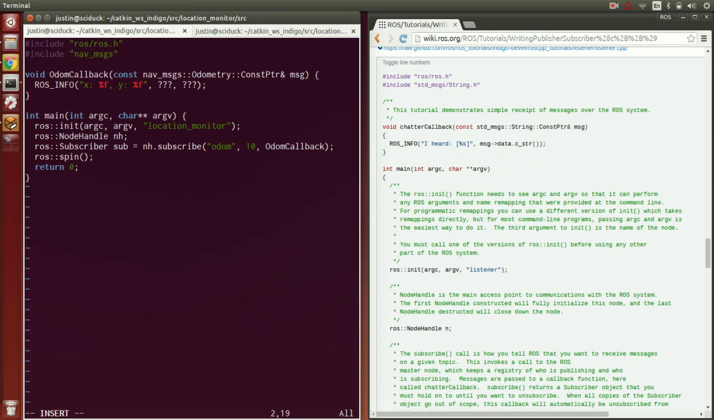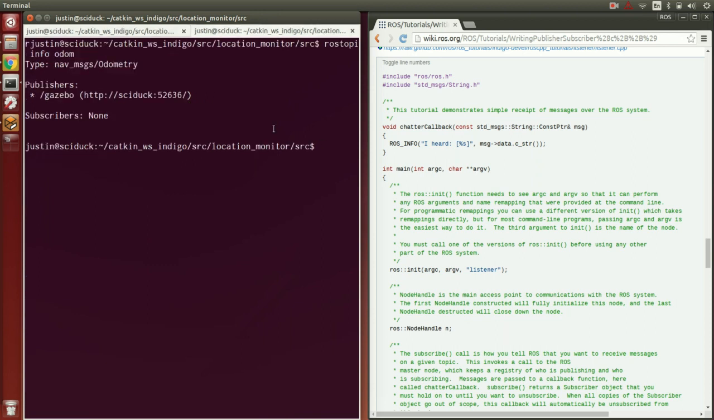So the way in which you include that is that you include the name of the package, and then you put a slash, and then you just say odometry.h. So that's generally how you include all message types, is that you use this format. And then again, if we look at the message type, so we say rosmsg show, and then nav_msgs/Odometry,